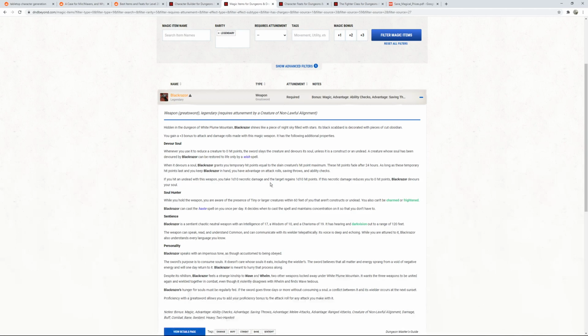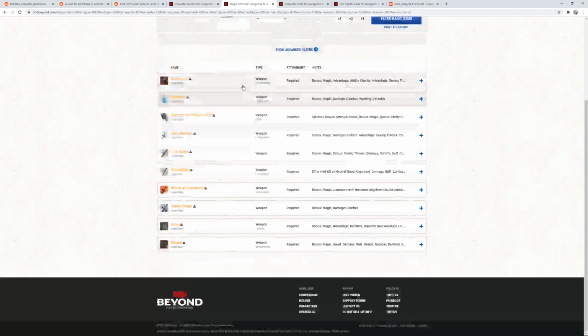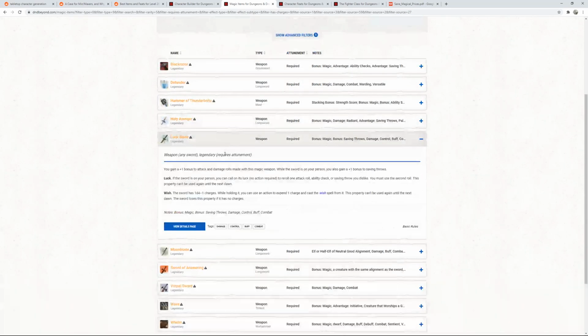They can't heal themselves. If you reduce a creature to 0, it devours the soul. It's a really cool weapon there. Can't use a longsword. I mean, it's technically any sword, but the Defender, we don't really want to give up that benefit. Holy Avenger, we're not a paladin. Luck Blade, we could take it. It's Wishes, probably the best choice, but Greatsword or Luck Blade,